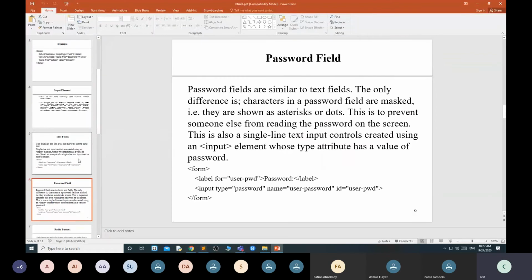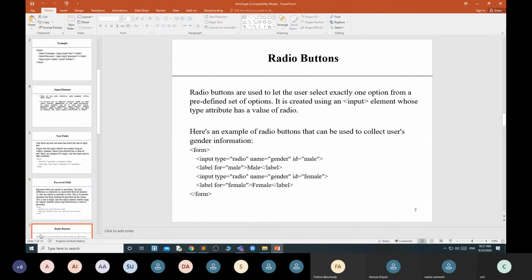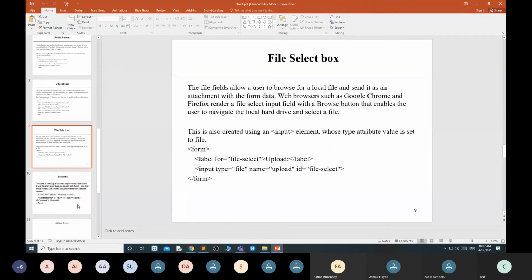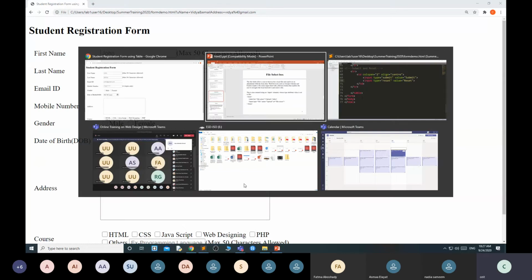Here I have not used the password because this is a student registration form. When you are using the password, you have input type password, which will make your password encrypted. Then radio buttons, checkbox, file select box if you want the user to upload an image.